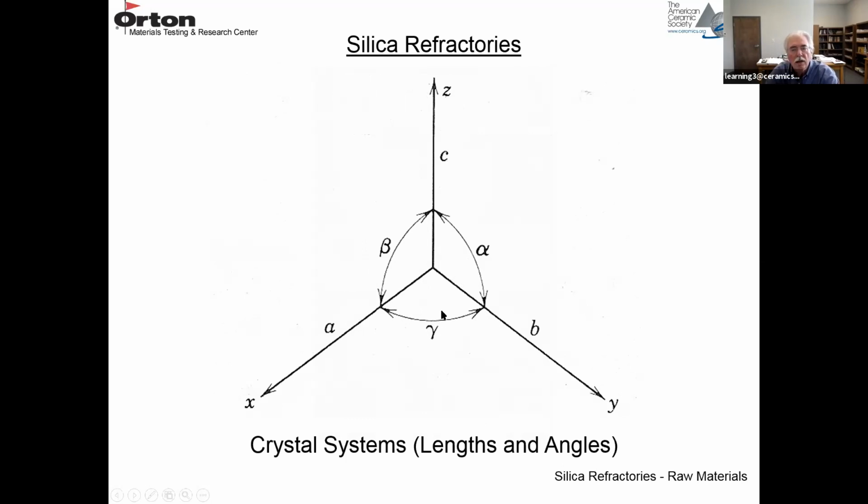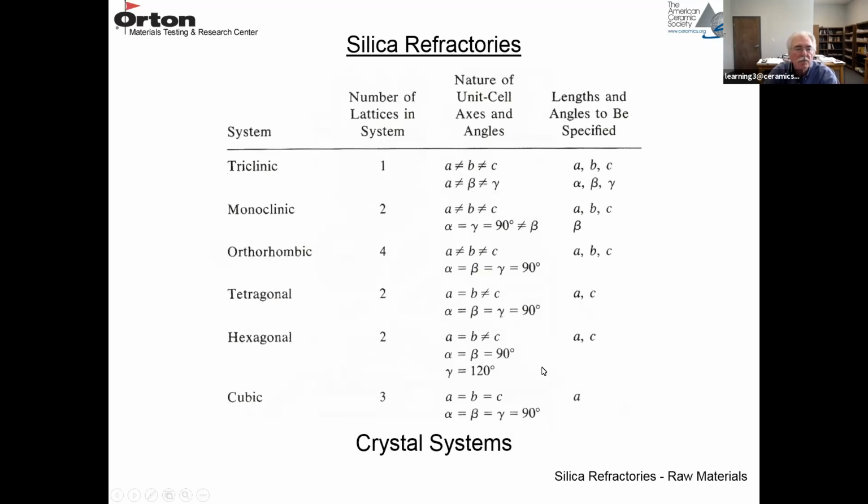So a table that just summarizes for the different crystal, the diagram for, if we start out with cubic, the simple, so the three lengths are the same, it's a cube, and the three angles are the same, they're all 90 degrees. Alpha equals beta equals gamma, they're all 90 degrees,